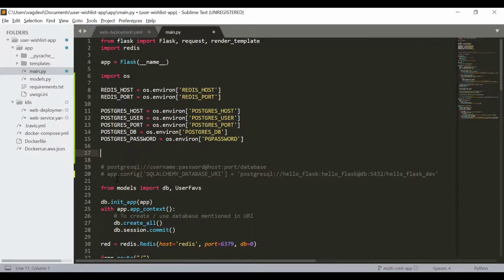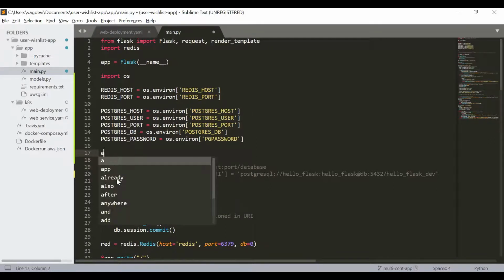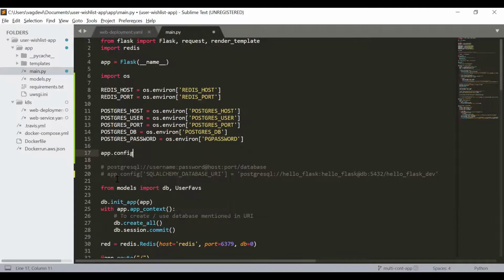So we can do that like this. App.config quotations, the same thing, SQL Alchemy database URI. Okay, so this part is same as the previous one. So these both are same.